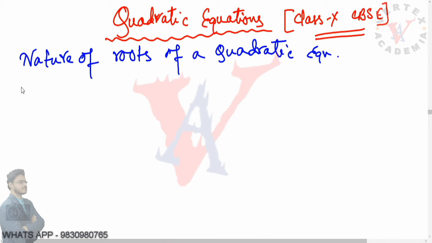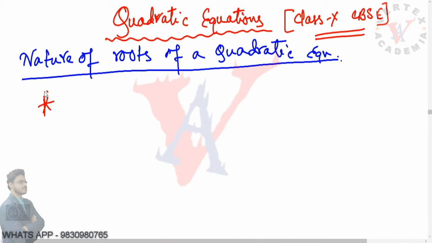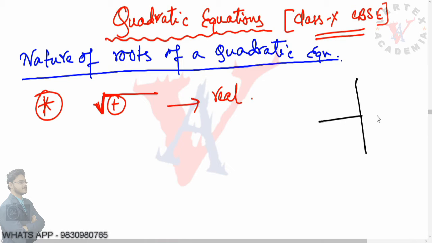Okay, before starting on the nature of roots, I would like to tell you something. Until now you have encountered problems with a number under the root, and anything under the root which is positive is termed real. For example, root 2, root 3, root 4. If you have a number line and you are asked to represent root 3, you can represent it. There are ways to represent root 3 or any other root like root 5, root 6, root 10 on the real axis, that is, the number line.